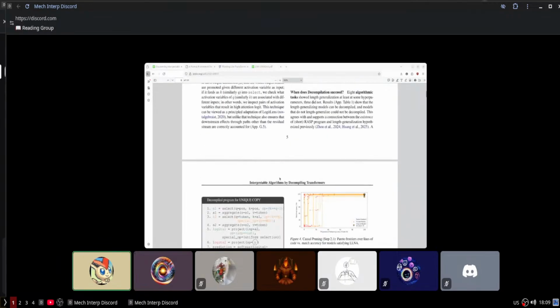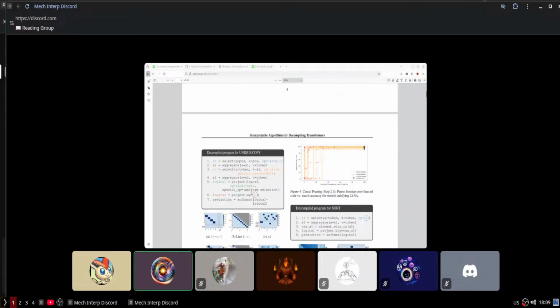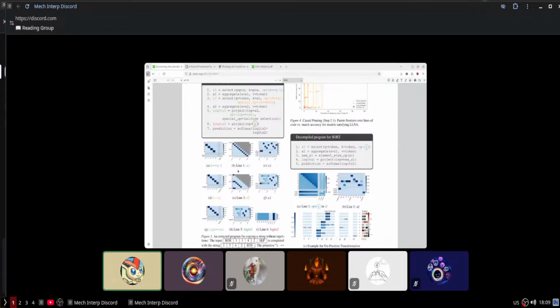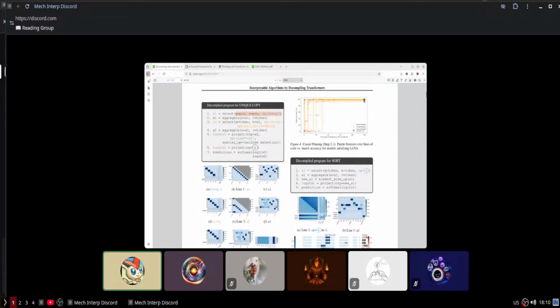Are you still looking at the unique copy example? Yeah. Okay, line 3 induction head. So you're saying line 3 is the induction head. Okay, so induction head. Yeah, I do know. The induction heads are usually made with a previous copy head, which here is the previous position, and then they have the I think, yeah, like that when you are at token 1,